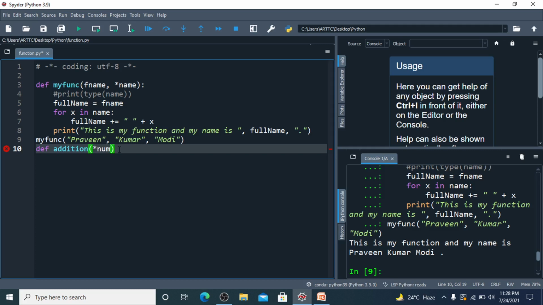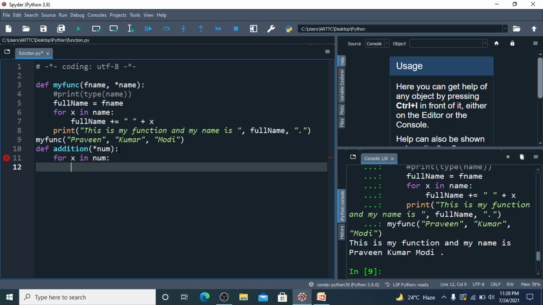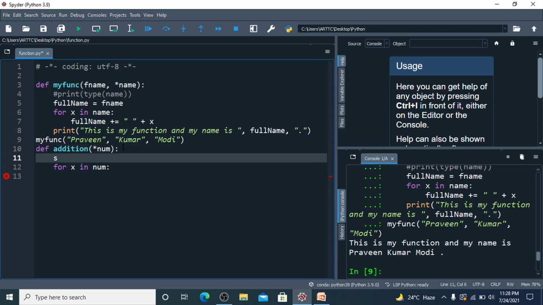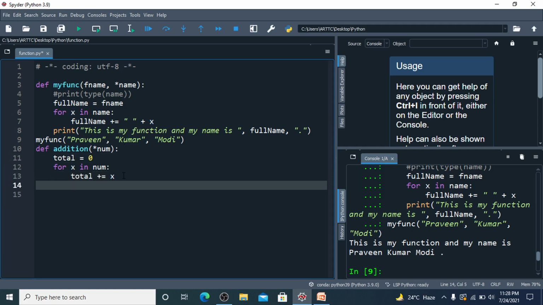For x in num, and here I will use total equal to 0 initially, total plus equal to x. That's it. After iterating through all the elements, addition will return the value total.